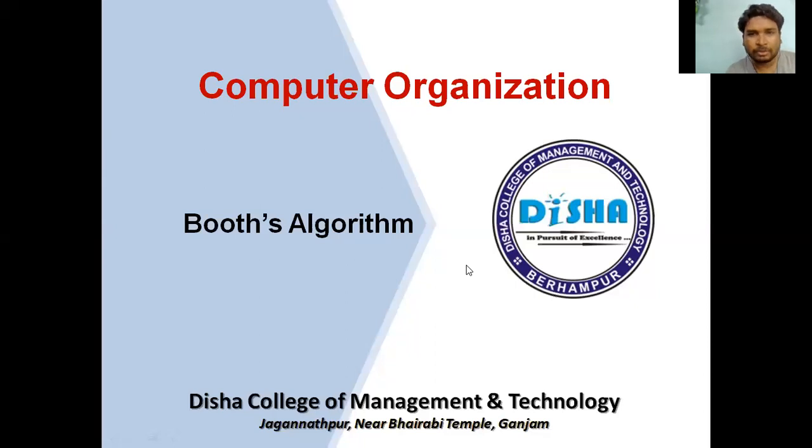So as we are discussing unit 2, Booth's algorithm is one of the most important topics of unit 2. In the last few classes we were discussing binary adders, different types of adders. Then in the last class we also discussed the addition of binary numbers, or arithmetic operations on binary numbers, and the importance of two's complement form and how we derive it. Everything we discussed in the last class.